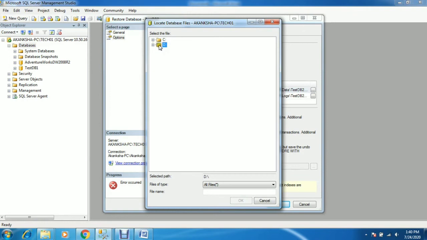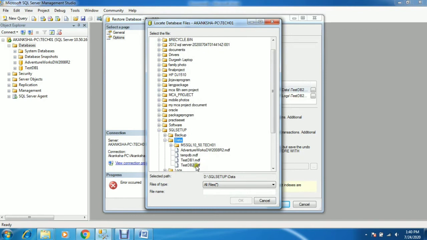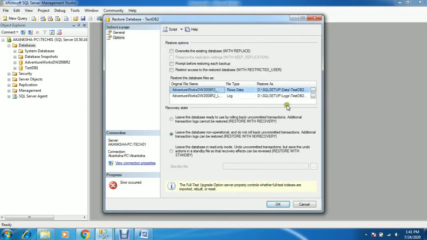For the log also, go to your log file location, not data, and select the log file and click on OK. After deleting the database the files were still present, so either you delete them and it creates a new MDF and LDF, or you use the same ones and overwrite.